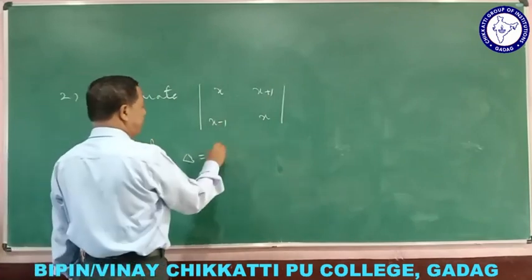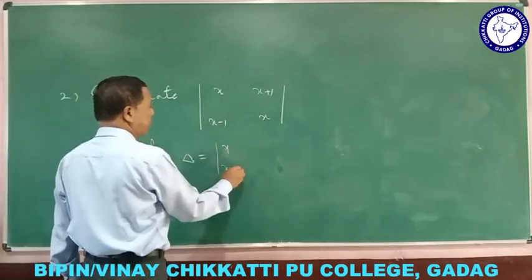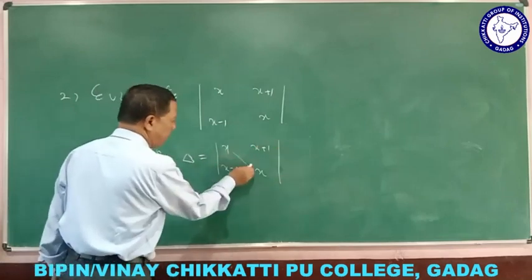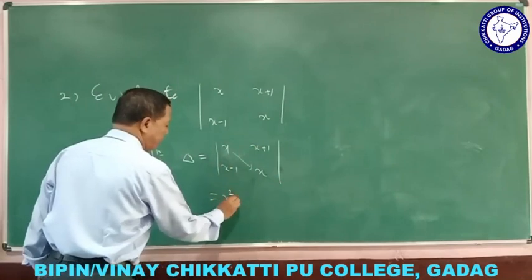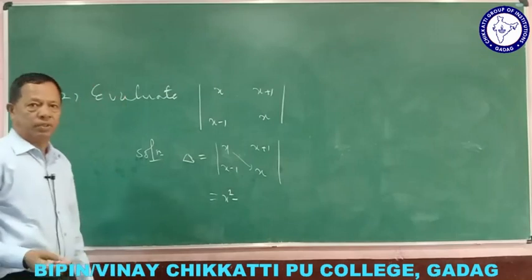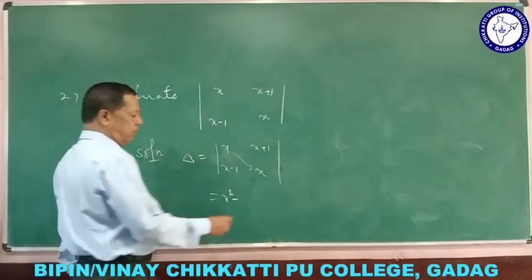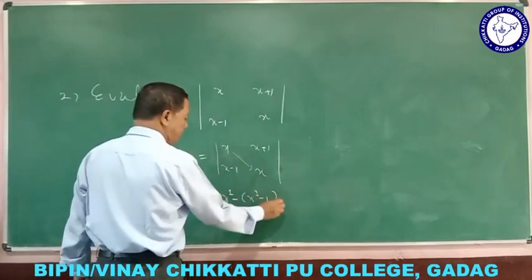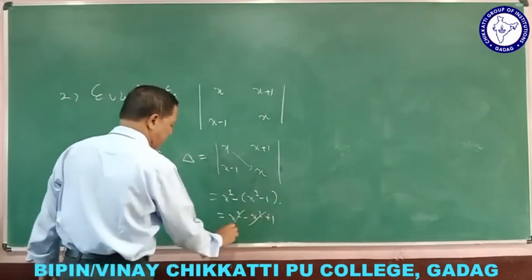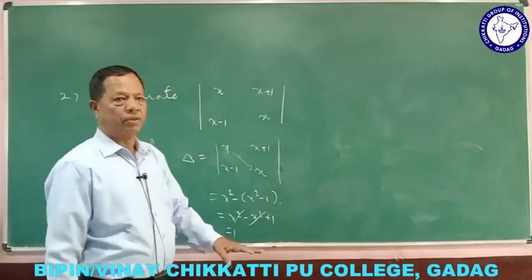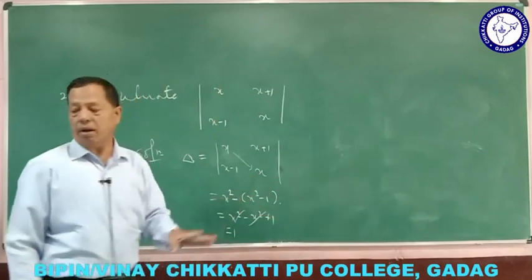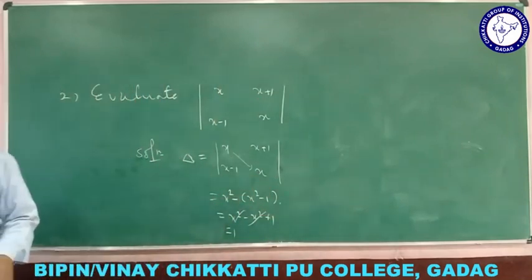What I say now here? You see that x minus 1, x plus 1, x. So what is this answer? First you have to write like this. x into x is what? x square minus x plus x minus 1 into x plus 1 is what? x square minus 1, a plus b, a minus b, a square minus b square. So that is called x square minus 1. So the answer is x square minus x square plus 1. So what is the answer here? 1. So this is a way of finding the value of the second order determinant.